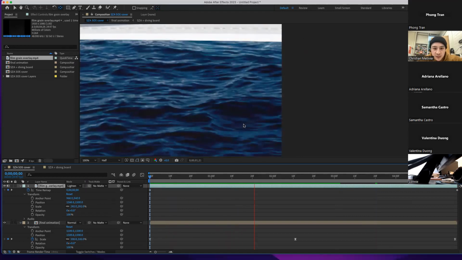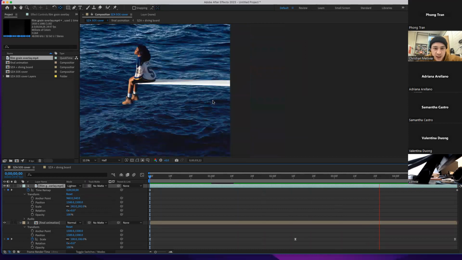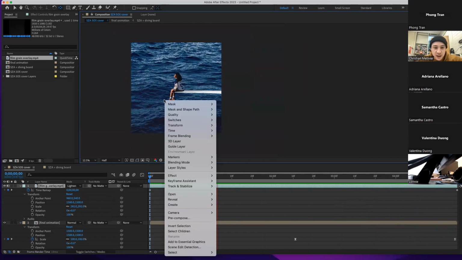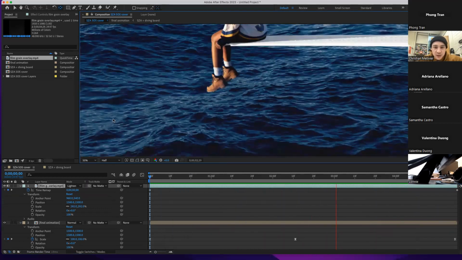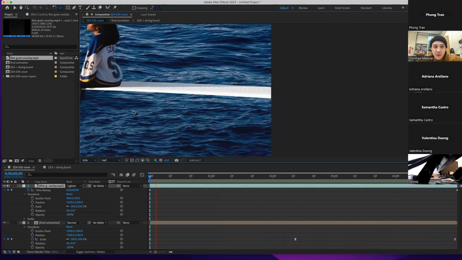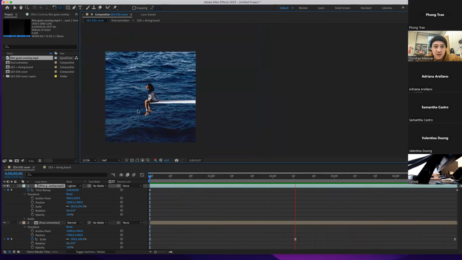Okay, it's very subtle, but as you can see, in the shadows, it's just giving you a little bit of texture. And this, like I said, it's not necessary. It's just something I like to do whenever I do these. I like to add some sort of overlay or something just to kind of distinguish it and kind of